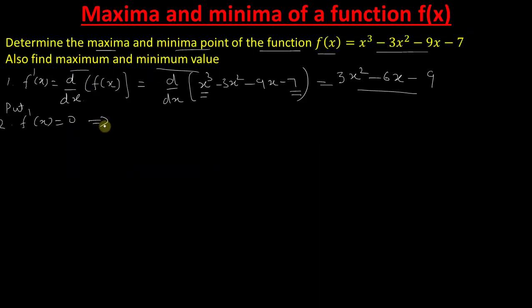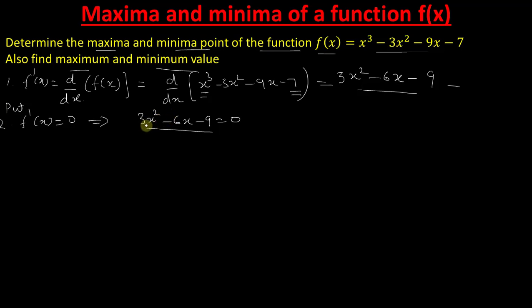Now what is f'(x)? Put 3x² − 6x − 9 = 0. So it is a quadratic equation, and we have to solve for x. You are already aware of the various methods you have learned in your lower classes to solve this